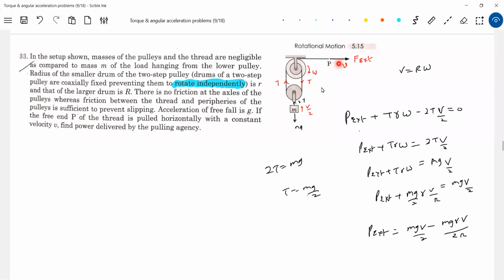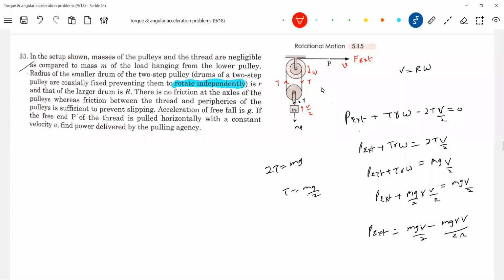Then next, as I pull this, this will rotate. So this tension does positive work here. It will make it spin. Then what about this tension, sir? Here also a tension will act. Why are you not showing it? This tension and this tension will be equal and opposite. The work done by this external force is what is doing work here. This is the unbalanced one.